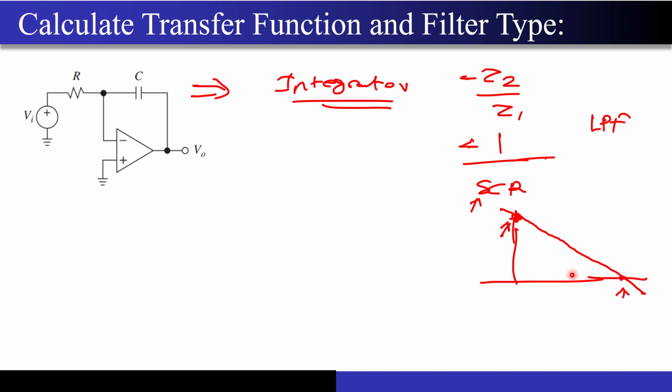At very low frequencies, what you will be able to find out is that your output will be heavily attenuated. Correct? So you can see also here at very high frequencies, this capacitor will act as a short circuit, and since this positive terminal is at the ground, this ground will be reflected over here because of the virtual ground concept, and you will be getting output which is very close to 0. Correct? So this acts as a low pass filter.